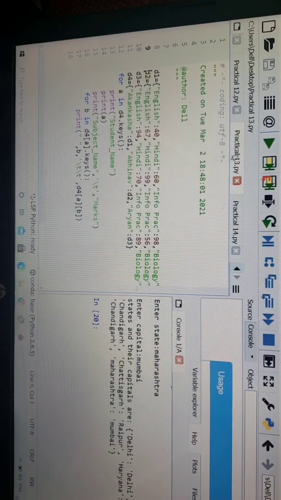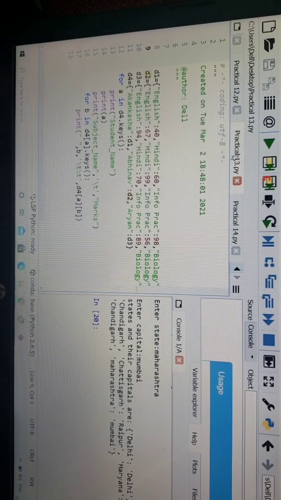First you need to use a nested loop, because you can see you have to enter the name, then you have to enter their subject, and then you have to enter their marks. See, in this I am not creating a dictionary which is by the user. In the program only I am creating 3 dictionaries, D1, D2, D3, to enter 3 students' marks. If you want to have 5, then you can create 5 dictionaries. According to that you can create the number of students you want to enter.